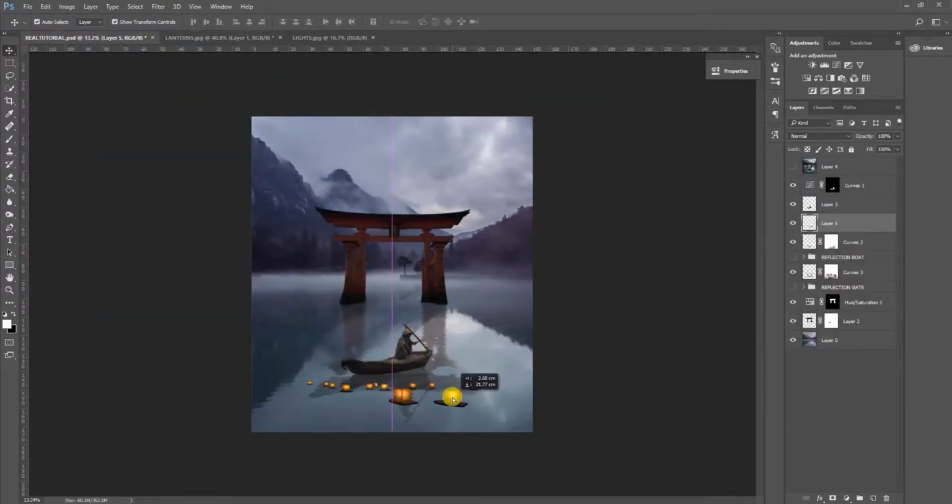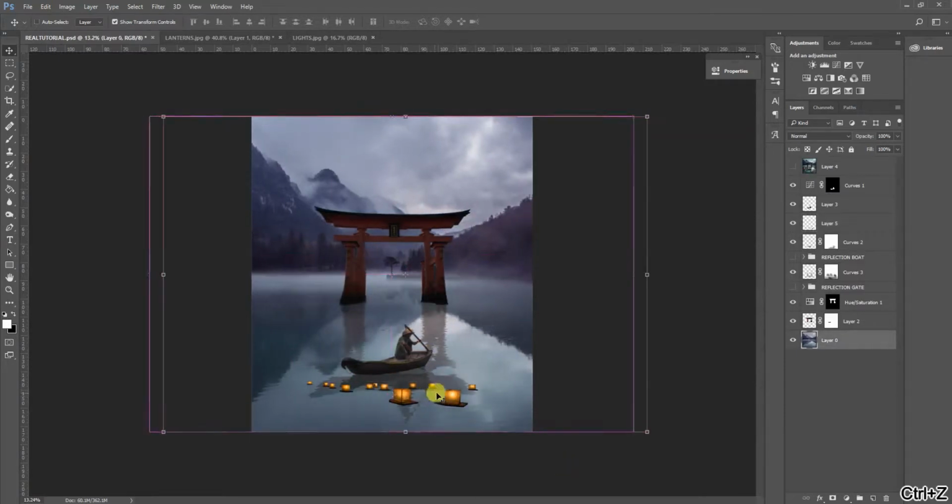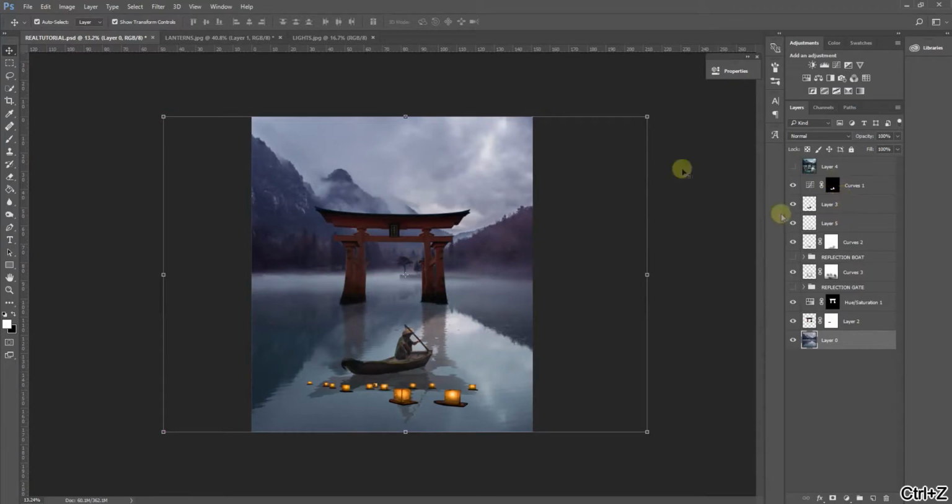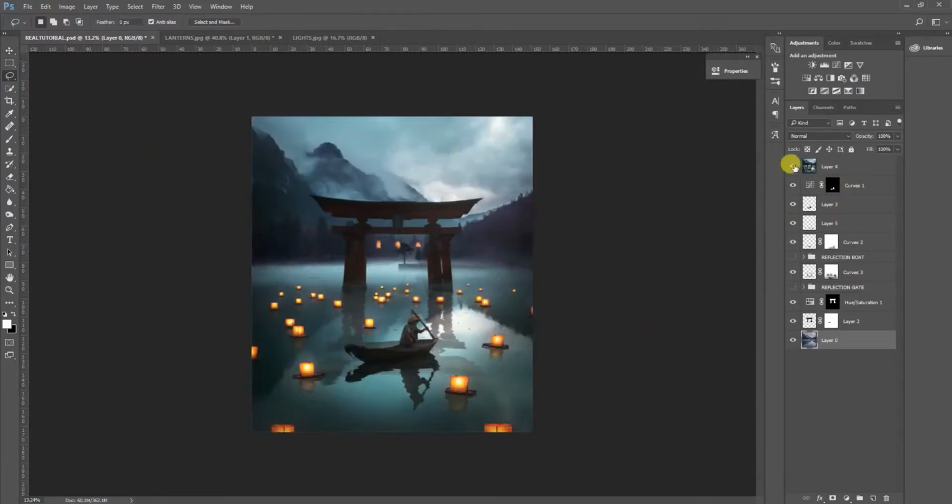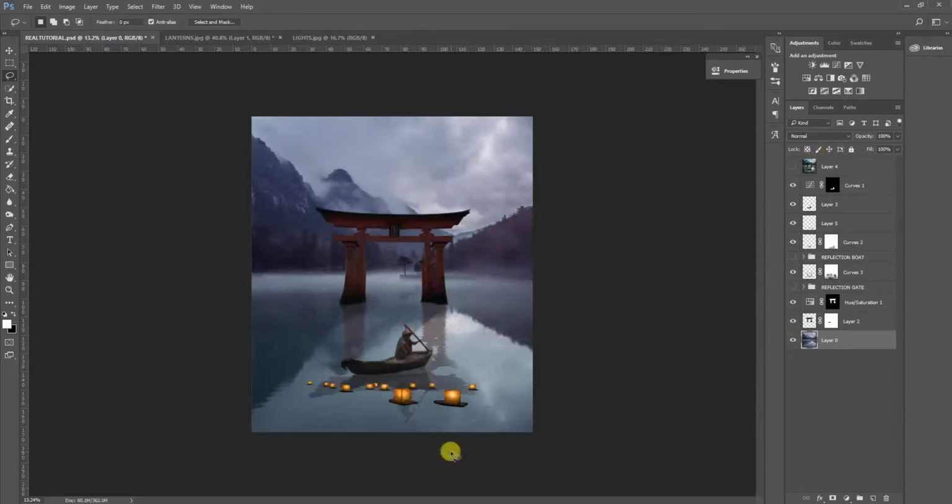Okay, now we have some of these lanterns here. Oops. And now we just try to get them like here. The big ones, of course, need to go to the front, and the smaller ones to the back. You need to duplicate a lot of these, but don't put them